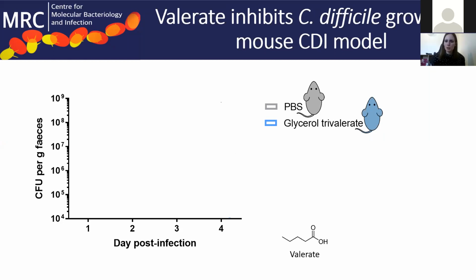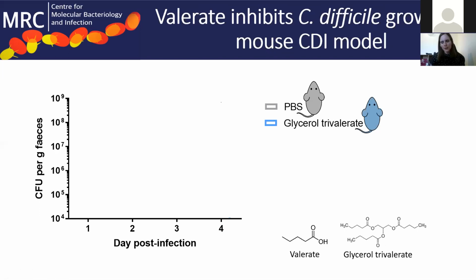So we administer it in this form of glycerol trivalerate, and that's this compound here. You can see there's a glycerol backbone in the middle, and then 3 valerate molecules attached. And when this is administered to the mice, it actually makes it through their stomach, where these valerate molecules can be cleaved off by these intestinal lipases in the gut, and also potentially some produced by